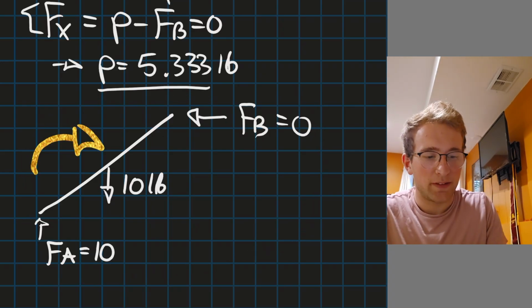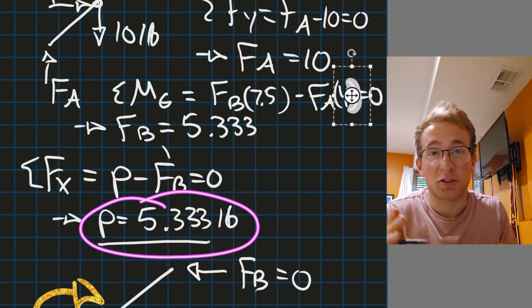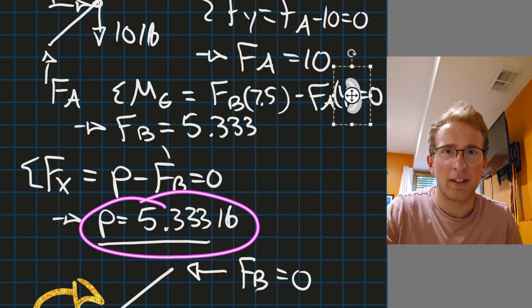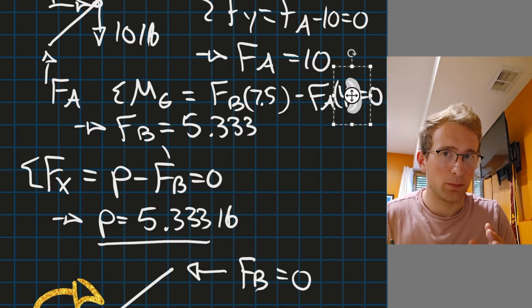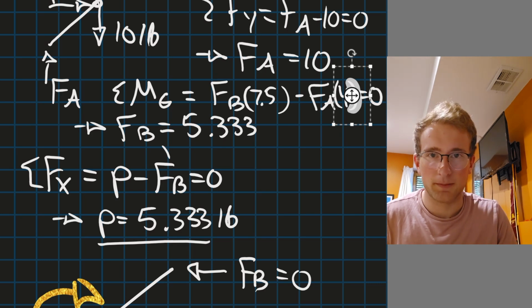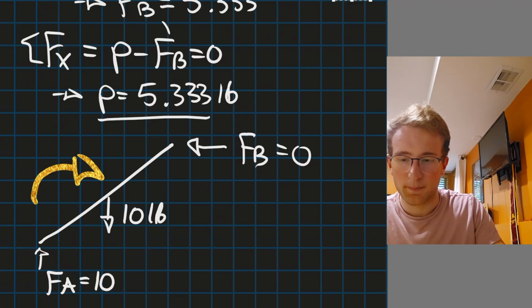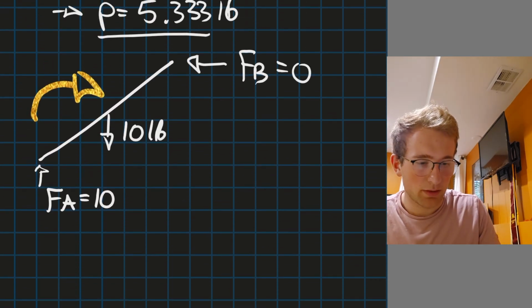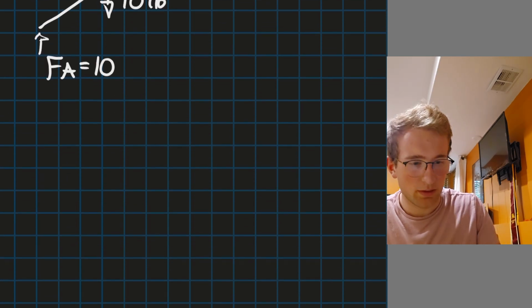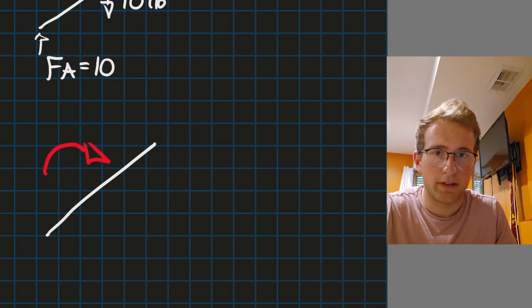So when P is less than 5.33, the ladder wants to rotate clockwise, but friction will oppose that, and it will prevent it from rotating up until a point. And we're trying to find that point. Okay. So if I have my ladder here, and it rotates clockwise,